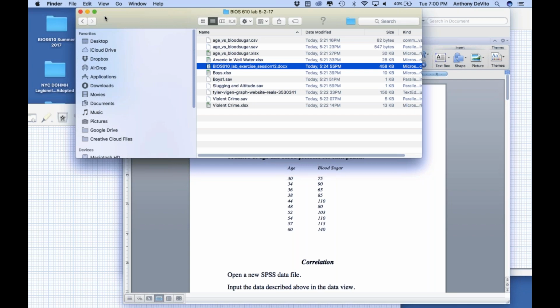So let's start with correlation. In correlation, we're looking for an association between two variables. What kind of variables are we talking about now? Numerical, right? We're looking at two numerical variables. This is important because when we get to the